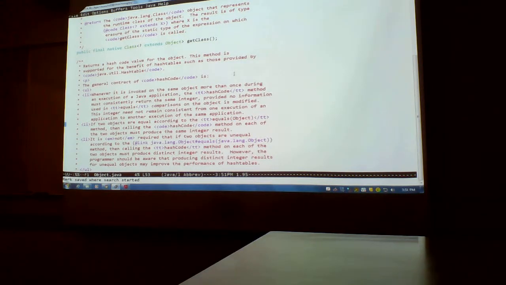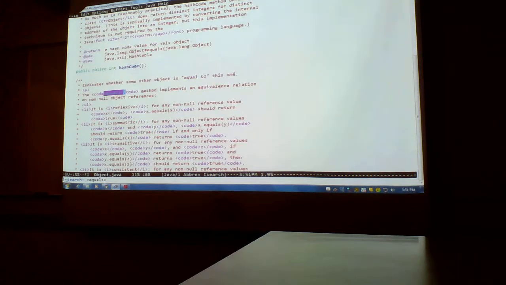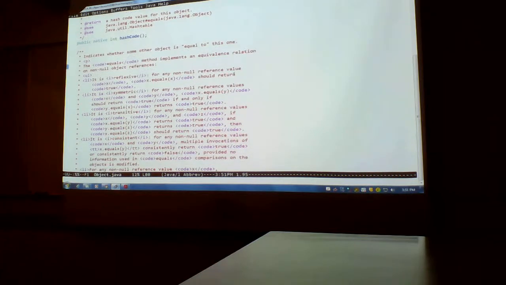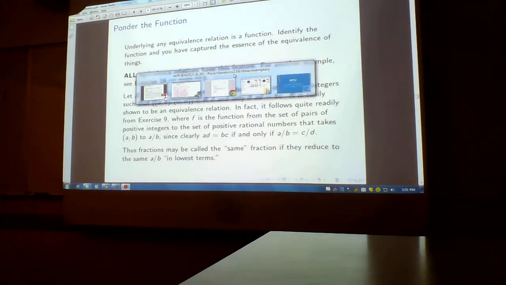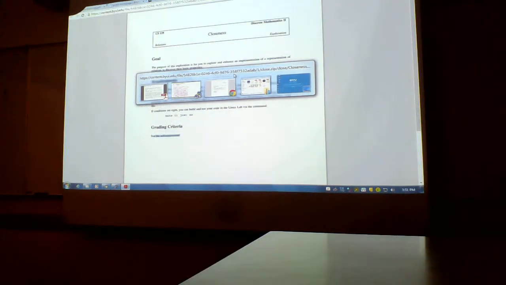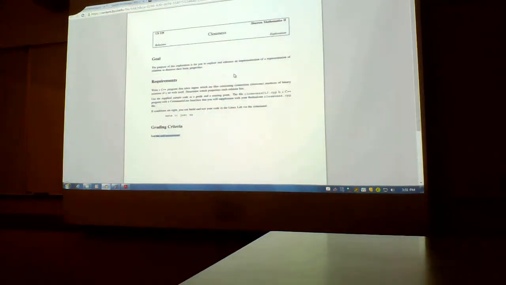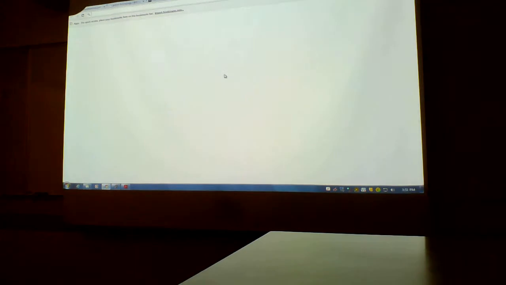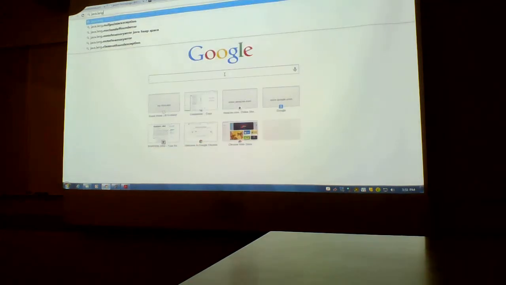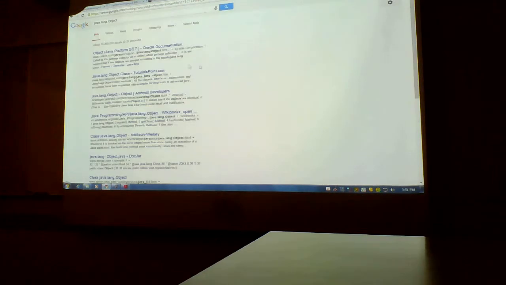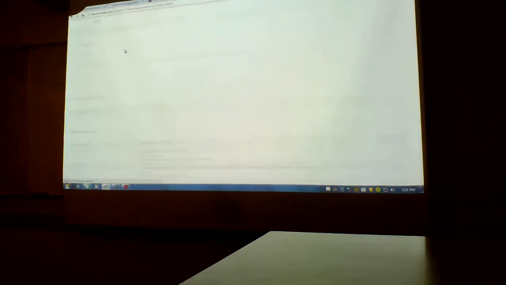And let's see, we could search for it. So, I guess we could more easily look at this online. Yeah, let's just look at the documentation for it.